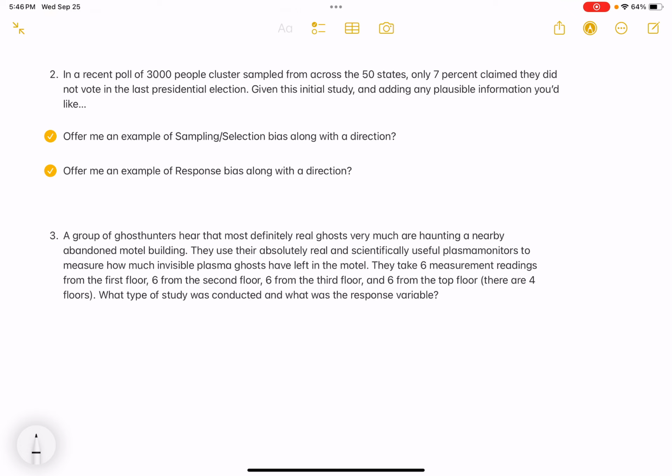Now, obviously, we don't get the rest of this. We don't find out if the final amount of voters ended up being much lower than expected. But for example, if it were, we would know response bias was at fault, right? People did not want to admit to not voting, and that was a frailty of the actual setup, right? A response bias issue. This actually is pulled from Georgetown University, where they're doing some really cool studies,